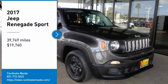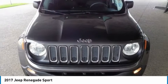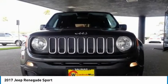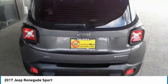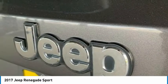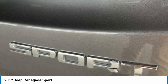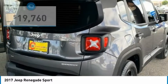Stop by and take a look at the 2017 Jeep Renegade. The Jeep Renegade offers full-size capability built in a smaller SUV. The Jeep Renegade is an incredible combo of smart technology, cool colors, and innovative materials. It has a capable command center with the tools you need for discovering everything that's out there, and is priced